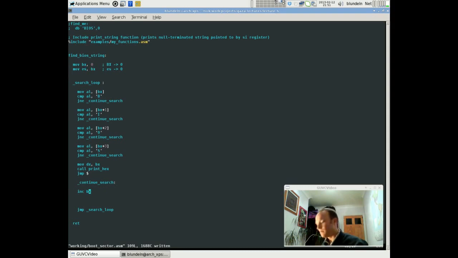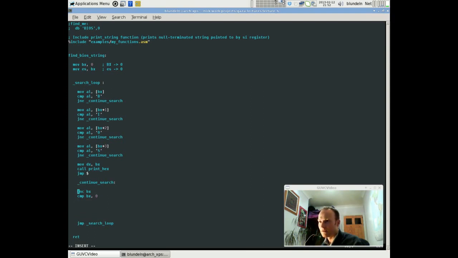What I want to do now is compare. I said that when I increment BX, if I start at 0 and increment it, it's going to go to 1. And if that ever wraps back around to 0, it means that I want to increase my segment register to search for the next few bytes in memory. So what I'm going to do is have a condition here. I'm going to say compare BX to 0. So if it has wrapped around BX,